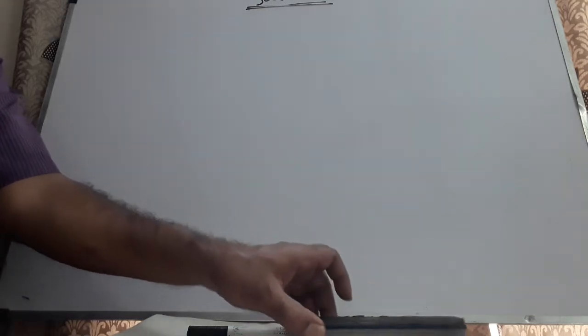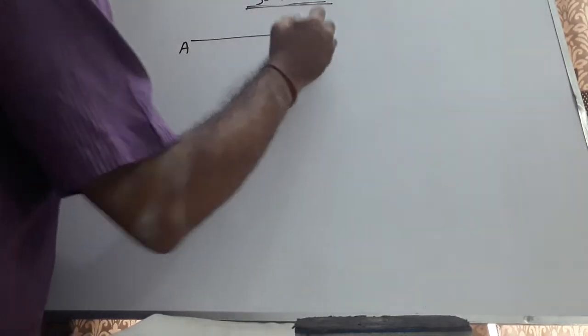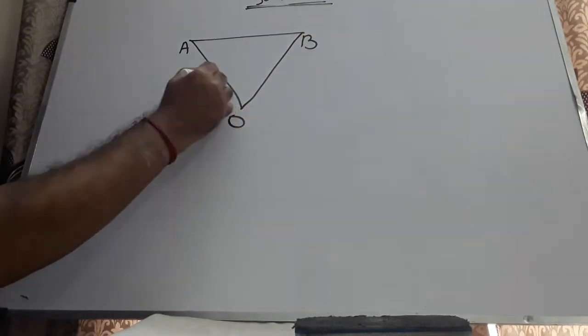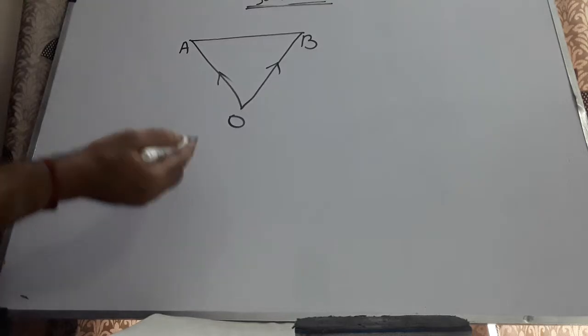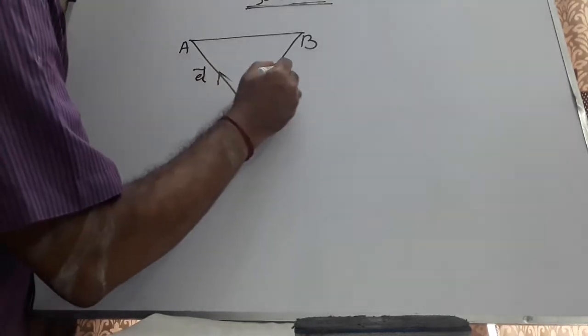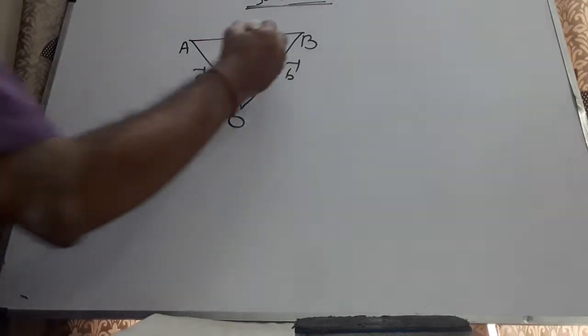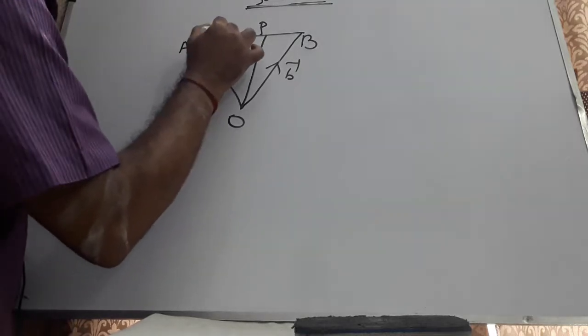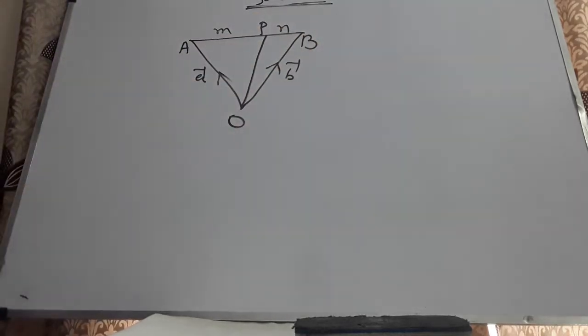In this particular video presentation, we will continue with some more concepts on vectors in 3D. Just listen. You are given 2 points, let us say A and B, whose position vectors from the origin of reference O, let us say O(0,0,0), are small a vector and small b vector. Let us just imagine that point P divides segment AB internally in the ratio m is to n.